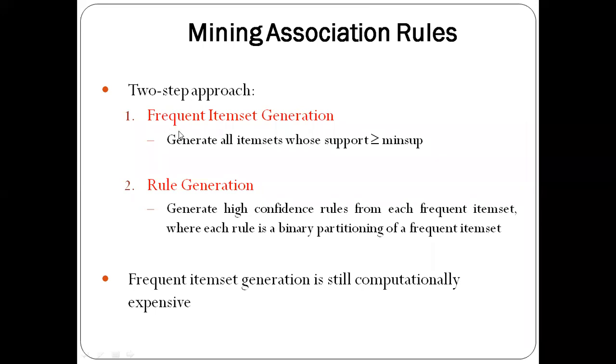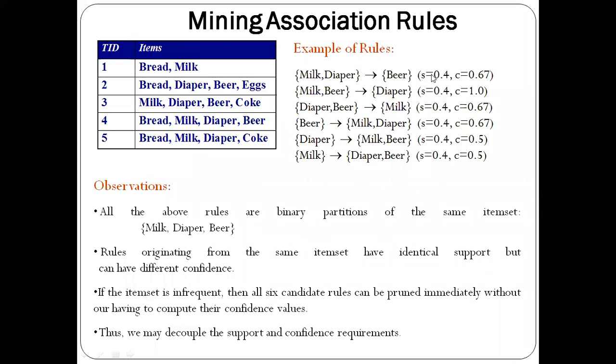One step is where we will be generating the frequent item sets. That is the first step in the association rule mining problem, that is frequent item set generation. In the first step, we will consider all those item sets that satisfy the minimum support. I had given one example. Say, for example, if the minimum support is 0.5 and the calculated support is 0.4, since this 0.4 is less than the minimum support 0.5, it will become infrequent.